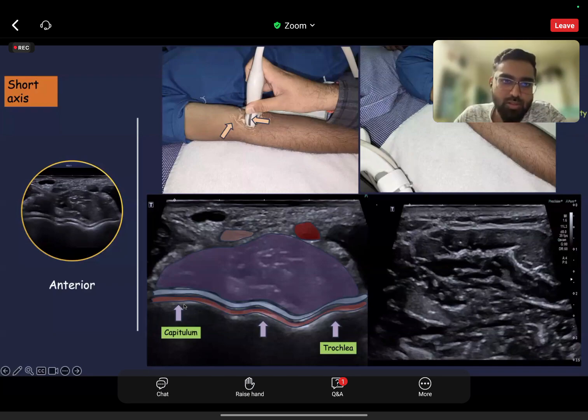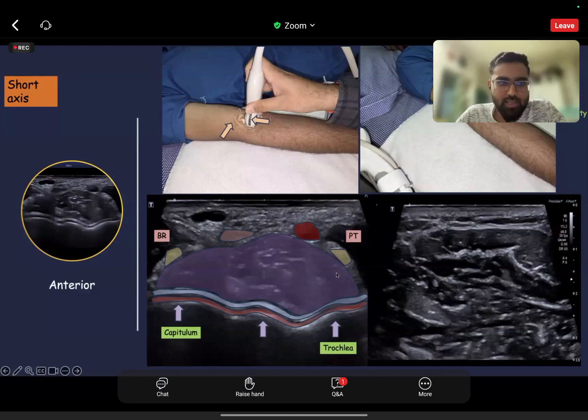Whenever you are toggling the probe up and down, your movement should be very slow, because to get this hyperechoic line, to get these articular surfaces, it is difficult. But as you practice more and more, you will get a good image. So this brachial artery, medial to the brachial artery, we have the median nerve, and laterally we have the radial artery,